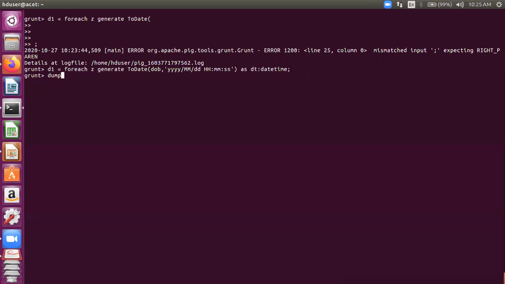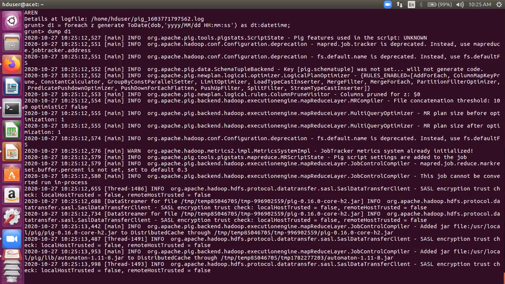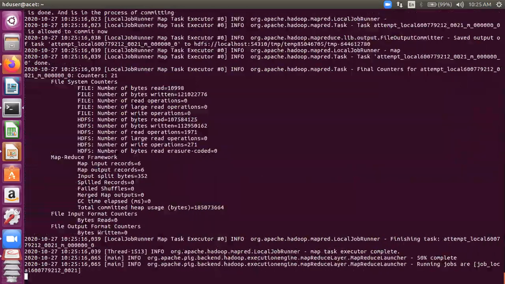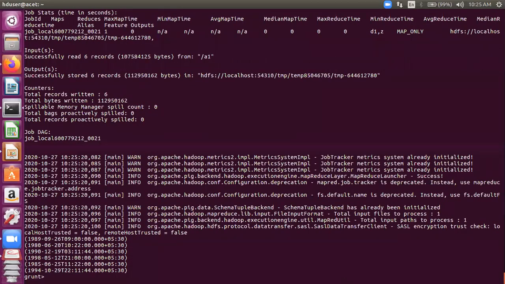If I dump it now, I'm going to dump D1, right? So see the output now, whether the time zone is picked up automatically or not. I've projected this, the character string has been converted into a date time field. The first part is a date.